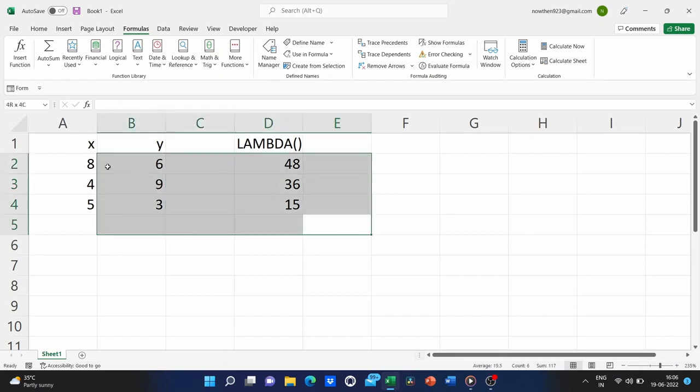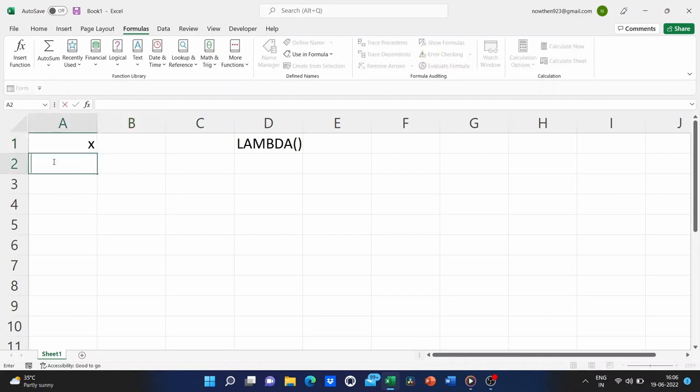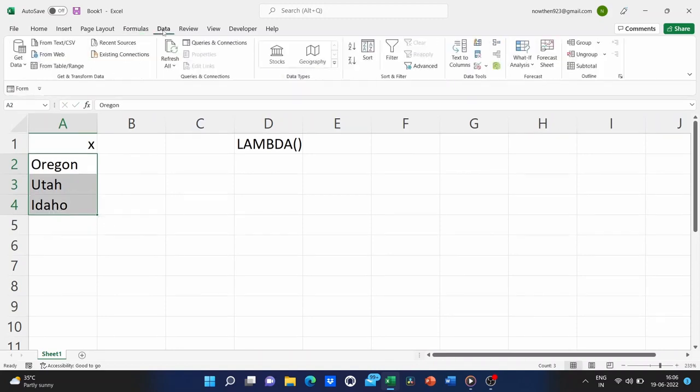So let's clear this data out. And for x, we're going to put in some states. We're going to highlight that and go to data. And in the list, I'm going to pick geography as a data type. That assigns the show card for each one of these states, and now if I were to reference them, I